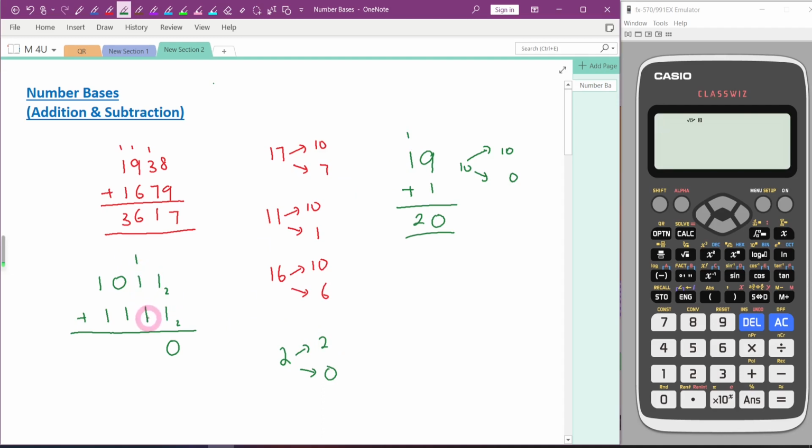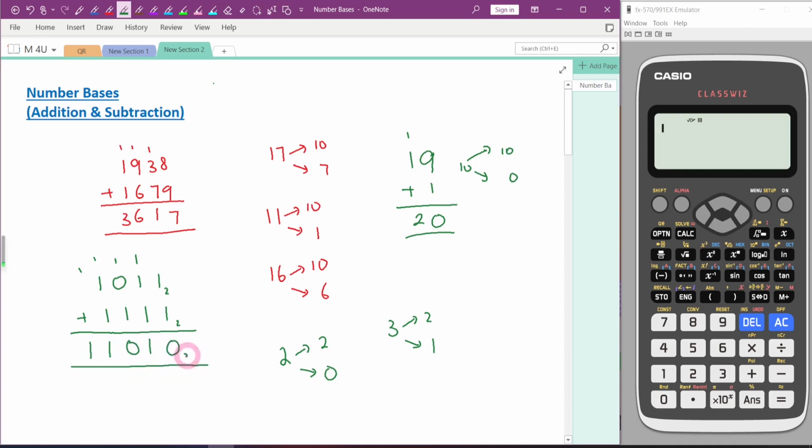1 plus 1 plus 1, now you will get 3. 3 is actually equal to 2 plus 1. We only write 1. The 2, we add 1 over here. Okay, 1 plus 1 is equal to 2. Again, 2 is equal to 2 plus 0. We only write 0. Add 1 over here. 1 plus 1 plus 1 is equal to 3. 3 is equal to 2 plus 1. We write 1 here. And the 2, we add 1 in front of it. So it will become